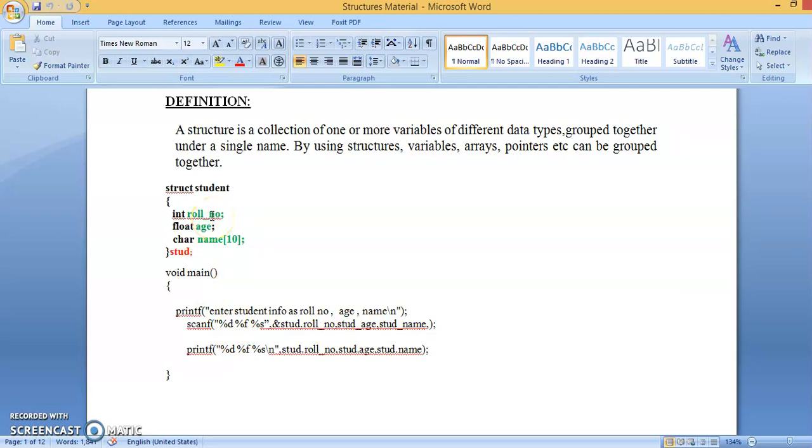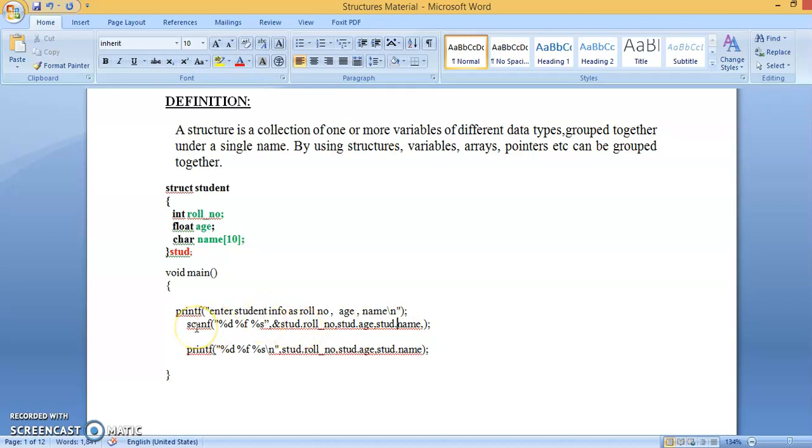In order to access these members, we use the structure variable followed by a dot and then the member. The structure variable is stud, so stud dot roll number accesses the roll number. Next, stud is the structure variable followed by dot age. In this way we access the structure members. What is meant by dot? Dot is a special operator used to access the structure members.